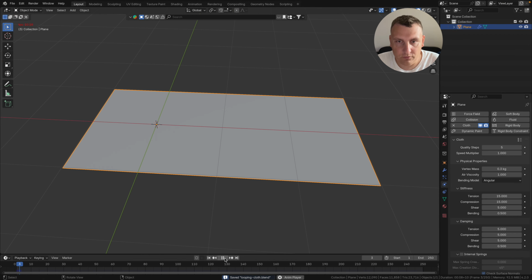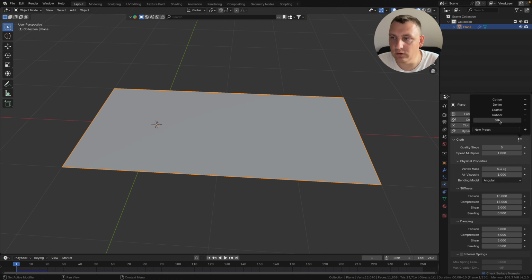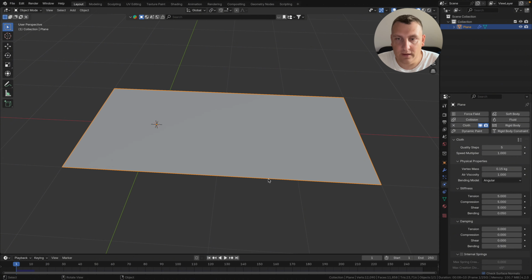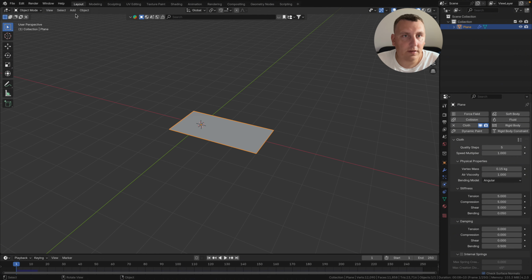And of course, if we run the sim, it just falls down. For this kind of thing, I like silk the most, and we can use the preset. And then we can later adjust the vertex mass because I think it's usually too heavy. And okay, so now it just falls down. Let's add